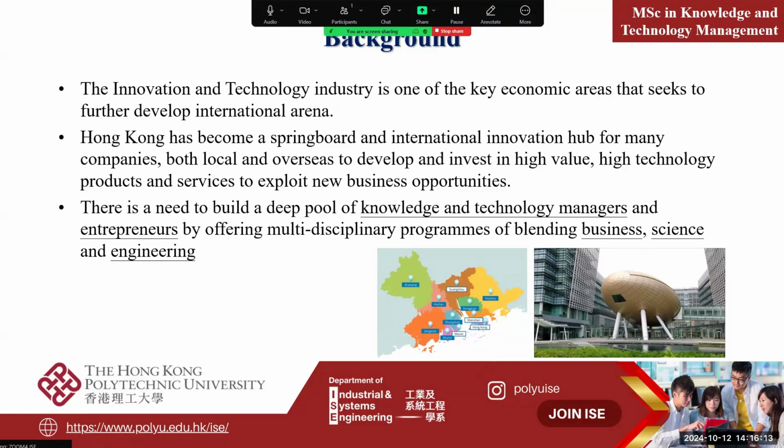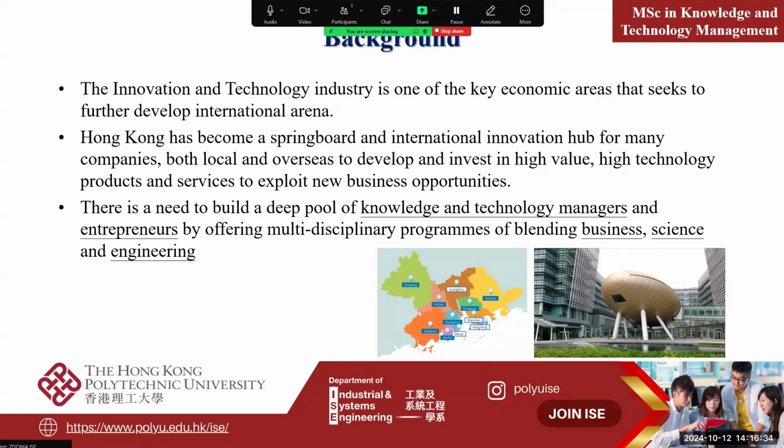to fit the needs of society. First of all, you will see two things in this program: knowledge management and technology management. I think this is a very unique program because in the whole world, not many programs have this kind of curriculum for knowledge management. The second one is technology management.